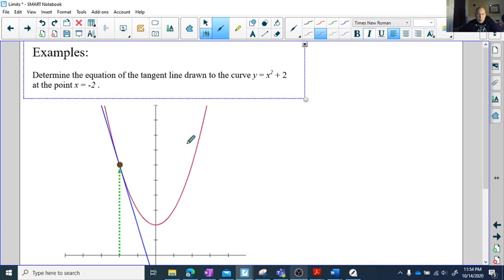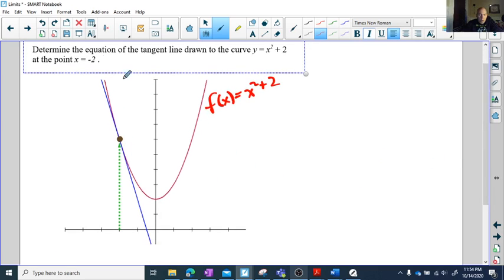So I've got a situation here. I've got a curve, y equals x squared plus 2. So that would be my f of x. F of x is x squared plus 2. I want to draw a tangent, and I want the equation of this blue line. It says at the point when x is negative 2. All right, so when x is negative 2. Okay, what I'm going to do then is find my slope first. So the slope of the tangent,